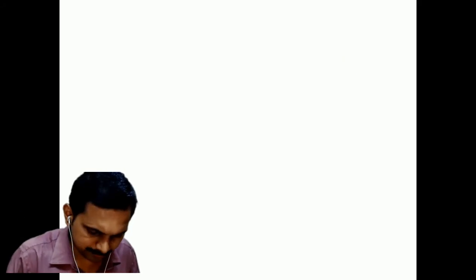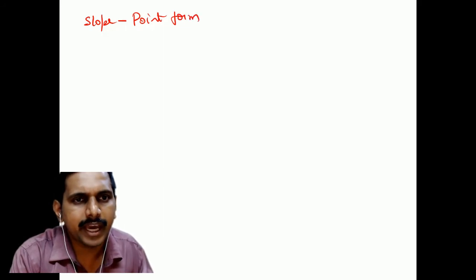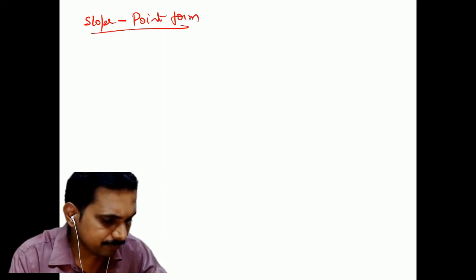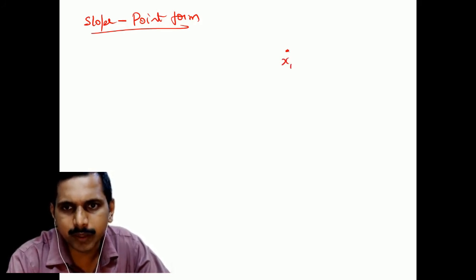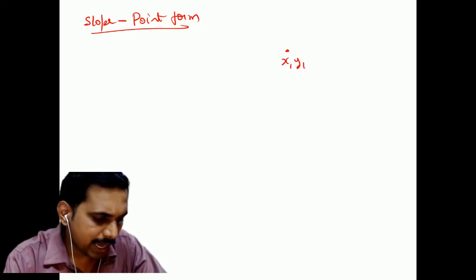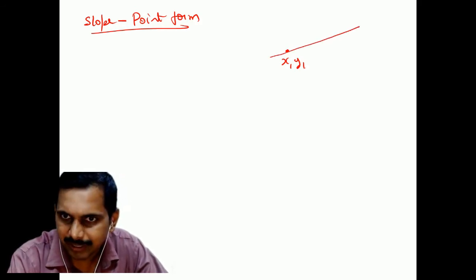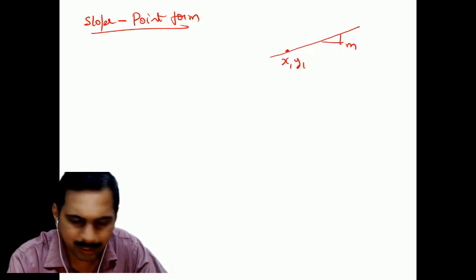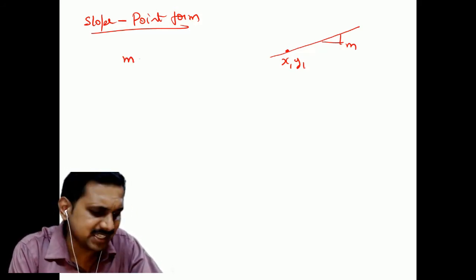Next point is slope point form. One is slope intercept form, then slope point form. Everything from the basics. Now, if a point is given, say x1, y1, and we want the equation of the line passing through this point with a particular slope m, how to solve it? Again the slope equation only. Seems difficult, but it's easy.